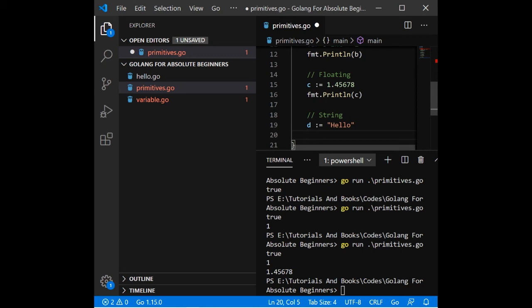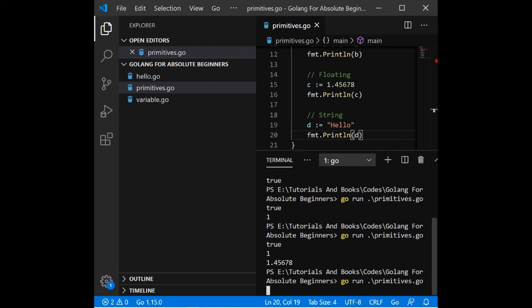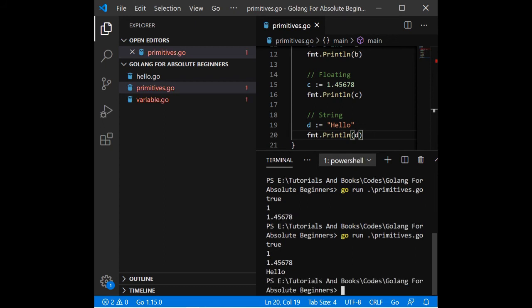So I have created a d variable which is of string type, and I am printing that to the console. So let's see the output. As you can see, it prints out hello in the console.